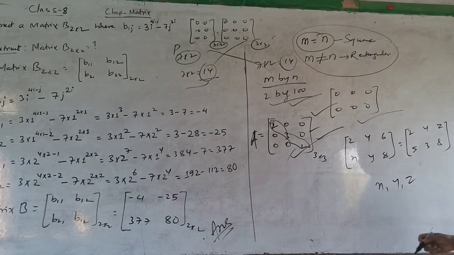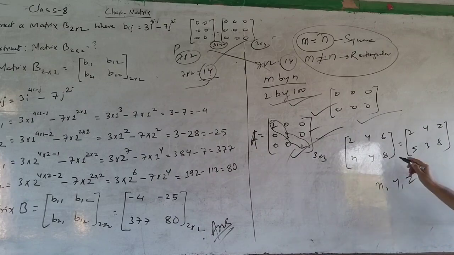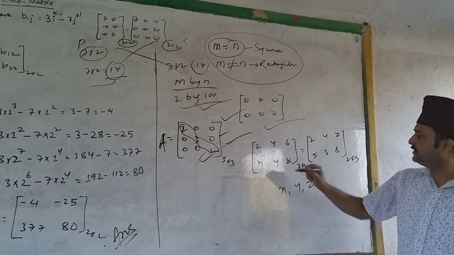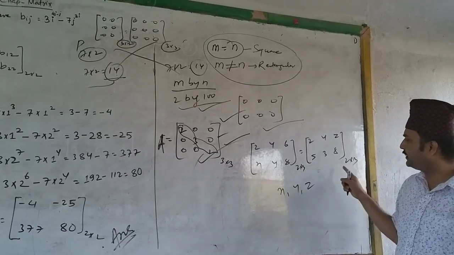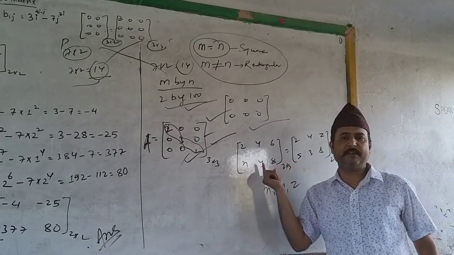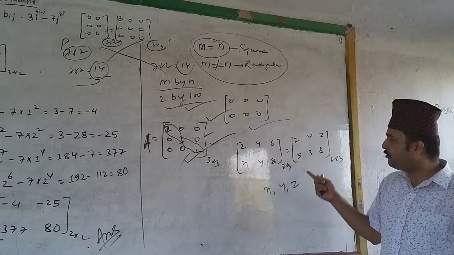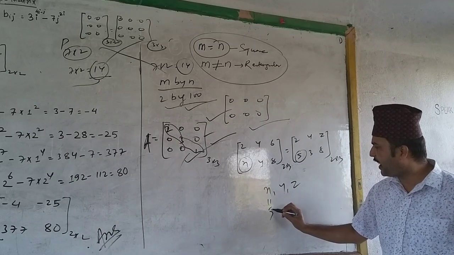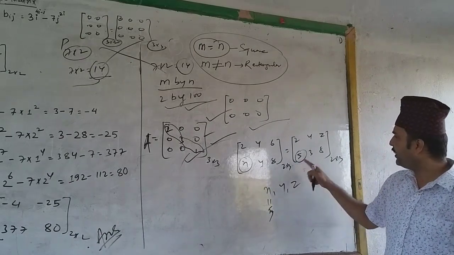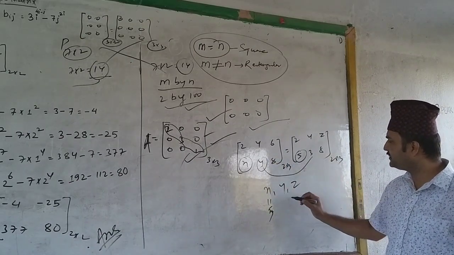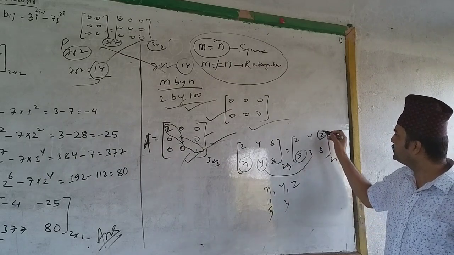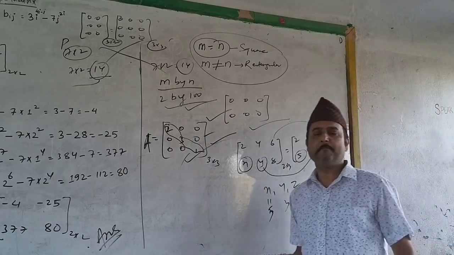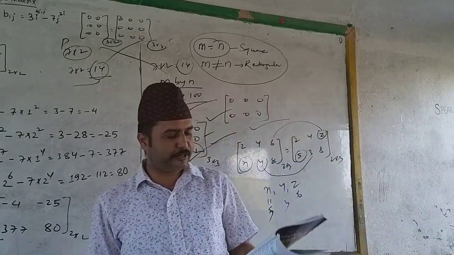Even a rickshaw-wala can find this answer. These two matrices are both 2 by 3, so these are equal matrices. Now by equating their corresponding components, the value of x is 5, the value of y is 3, and the value of z is 6. So you can find the values of x, y, z by equating their corresponding components.